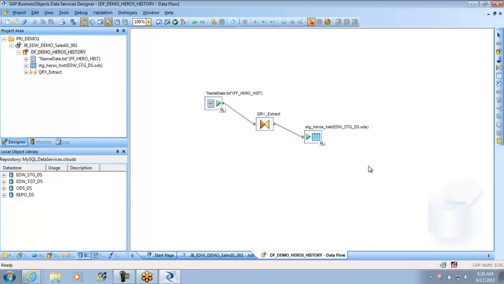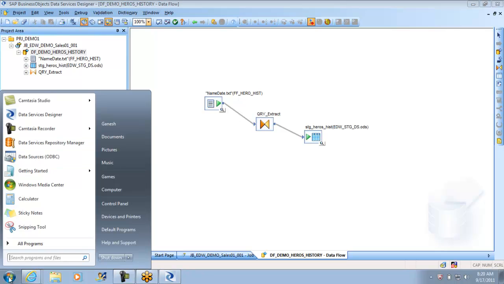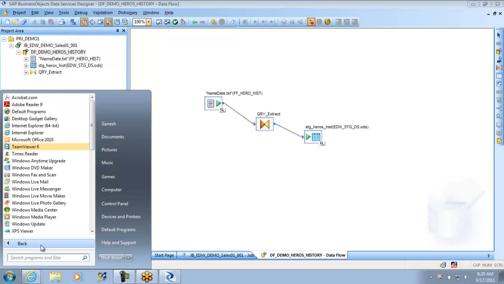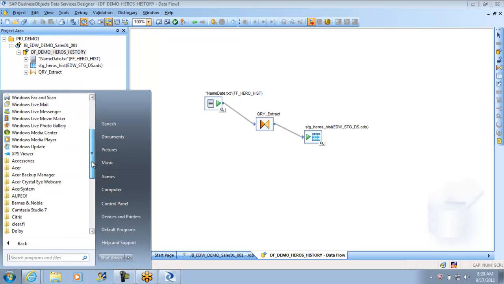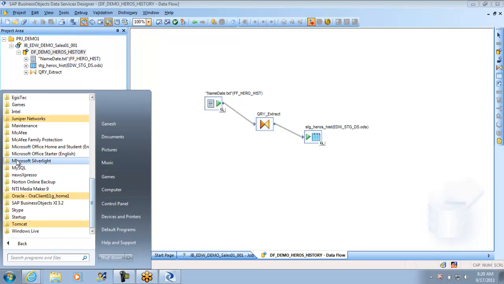Okay, so the first thing we did last week is running a job with a flat file as the source, and we have loaded it into a target instance called ODS. The other important thing is MySQL will not install a front-end application, I mean an Access application. So we have to install it ourselves, which I installed, and it is also free software available on the internet. So I'm going to use the same to connect and look at my